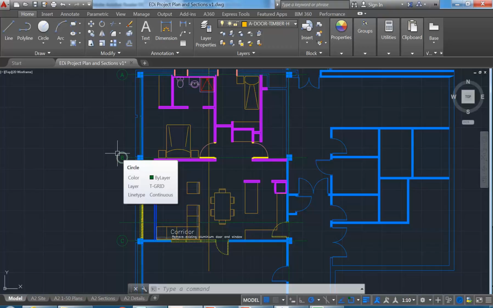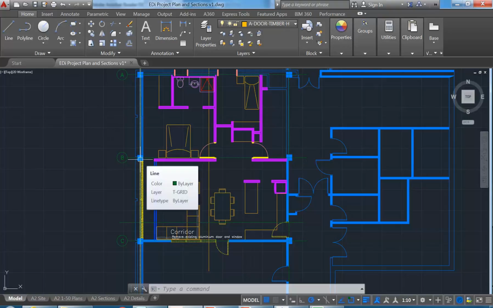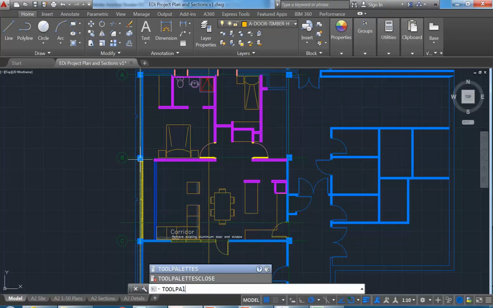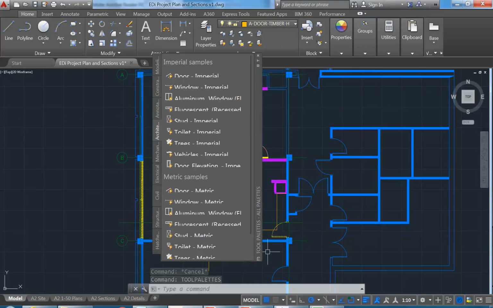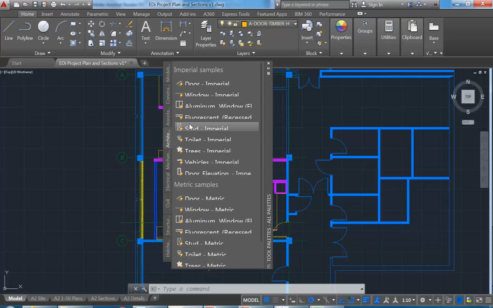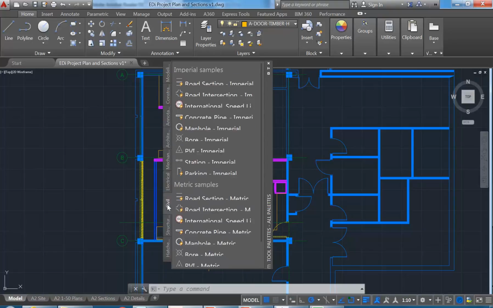So a lot of people don't know there are library objects that come with AutoCAD. They're just buried away like a lot of the things in AutoCAD. And a good way of getting them is to use tool palettes, which is on the menu somewhere, but I usually would just type in tool palettes. So TOOLPALETTES, enter, and that'll bring up this tool palettes palette. And it's kind of useful. I haven't shown you this up until now because it's not really a good thing to rely on. You'll see there are lots of objects here,